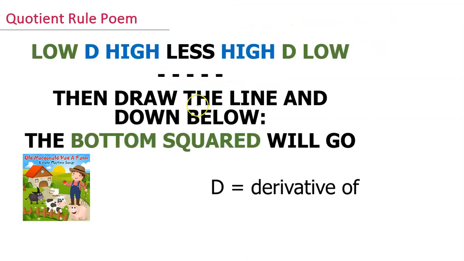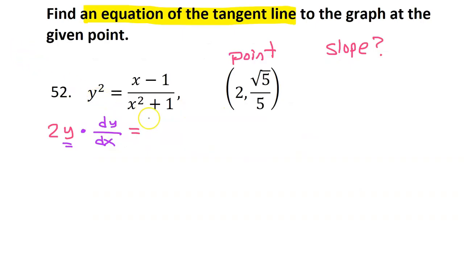Do you guys remember the quotient rule poem? Low d high, less high d low. Draw the line and down below, the bottom squared will go. When we say low d high, low means just write down the denominator. So here's low, x squared plus 1. And then d high means the derivative of the numerator, but the derivative of x minus 1 is just 1. So there's a low d high